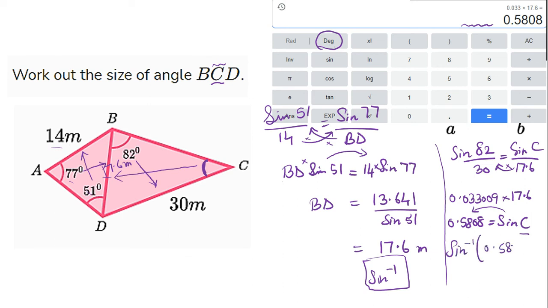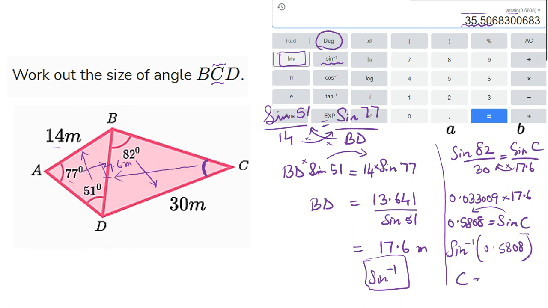So sine inverse of 0.5808 gives me something like this. First thing, make sure your calculator is set on degrees. Second thing, make sure that you click this INV. This scientific calculator is on Google. If you have a normal physical scientific calculator, just press shift and then click the sine function, so you will get your sine minus 1, cos minus 1, or tan minus 1. Since we're dealing with sine, I'm going to do INV and then sine minus 1. If you write that down, you'll have something like this on Google: arc sine 0.5808, and the answer is 35.5,